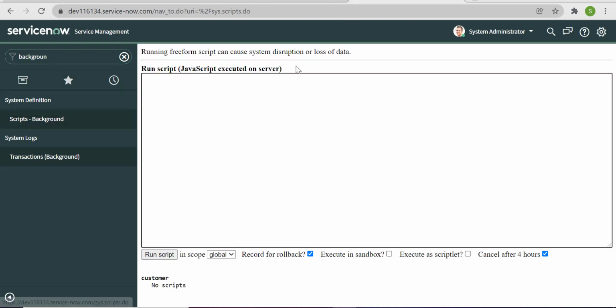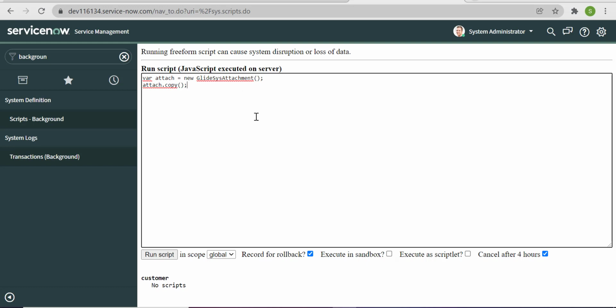So I'm just opening the background script here, where attach equal to new GlideSysAttachment. Now attach.copy. Copy is the function in the GlideSysAttachment API.